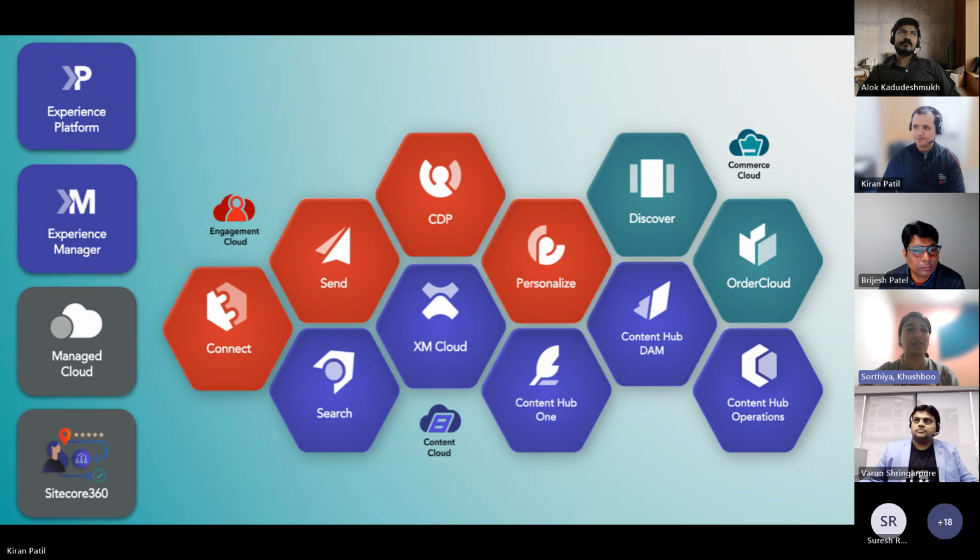Traditional Sitecore publishing works in a different way, and the Experience Edge has its own implementation, its own ways of publishing. So it was a learning for content authors to understand how Experience Edge works, how publishing works in that way, and eventually they started adapting to that process as well.